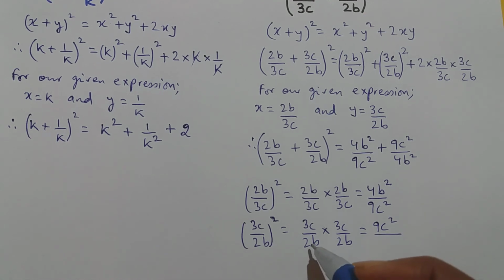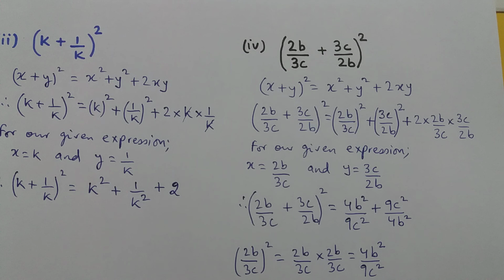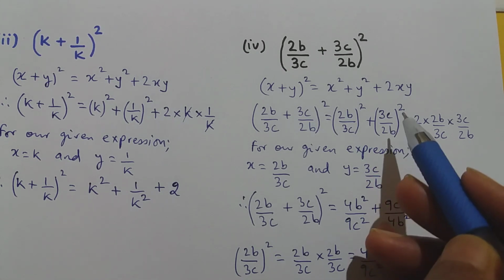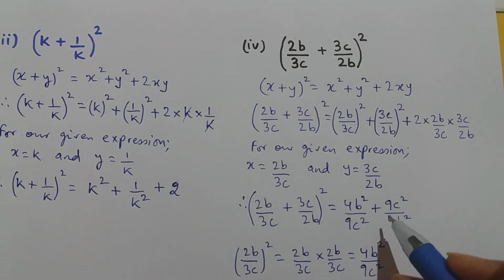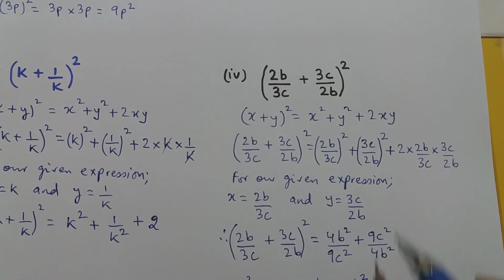Let us multiply the denominators: 2 into 2 is 4, b into b is b square. So 3c upon 2b whole square gives us 9c square upon 4b square. So I wrote 3c upon 2b whole square as 9c square upon 4b square plus,